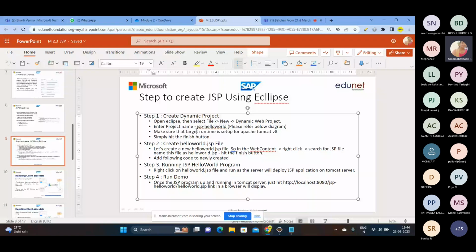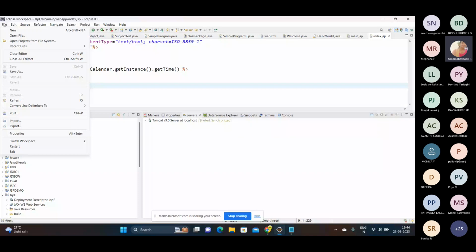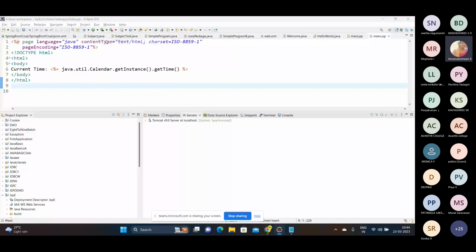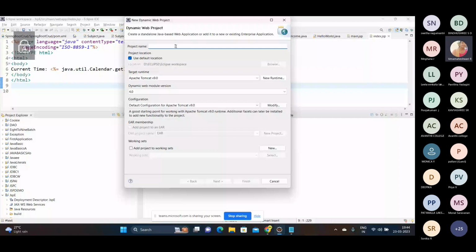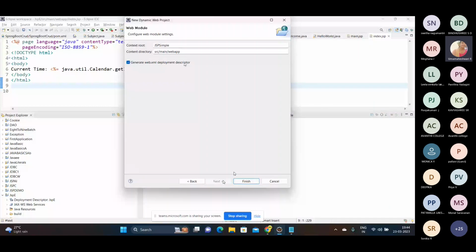Okay. So if you want to create a JSP file, the same thing. What you need to do, you have to go here and create new, new file. In this, you'll be seeing dynamic web projects. Just click on it. Here I'll be giving a name, JSP. Just click on next, next, and then you can also click on this web.xml. So after creating this,